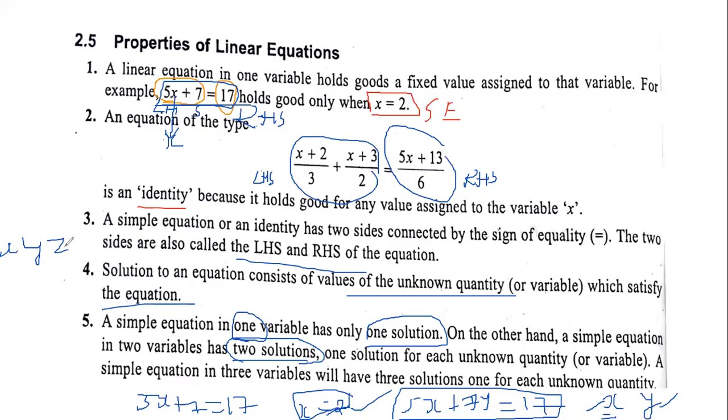Okay, so that is how the linear equations will come, and we will solve slowly one after the other. First we will start with one variable, then we'll go to two variables, three variables. And then you will be able to understand how to solve all of them. So clear with the properties of linear equations? Any doubts?